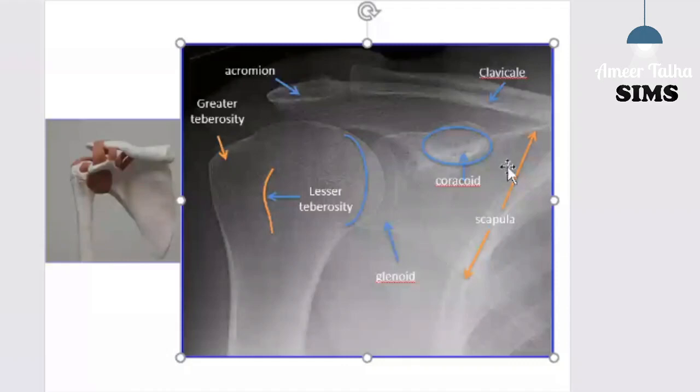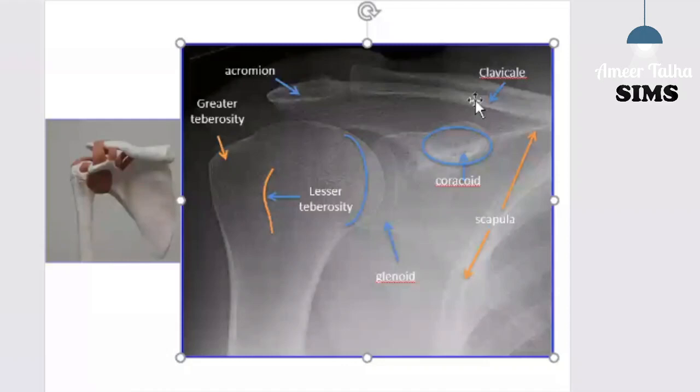So from the clavicle, the pin on the medial end of the clavicle, you will write it as the medial end of clavicle or manubrial notch of the clavicle, manubrium sternum. And as the manubrium is related to the thorax, therefore we have to write it as medial end of clavicle or manubrial notch of the clavicle.